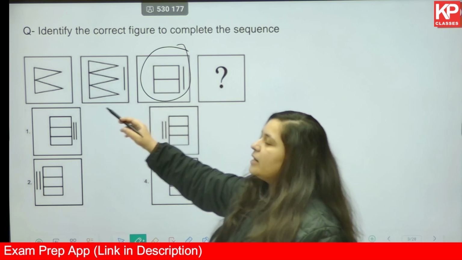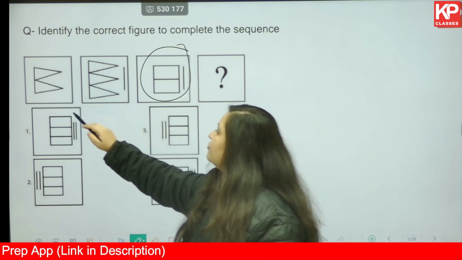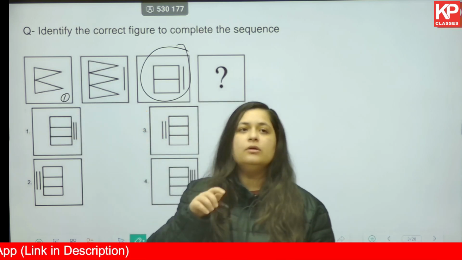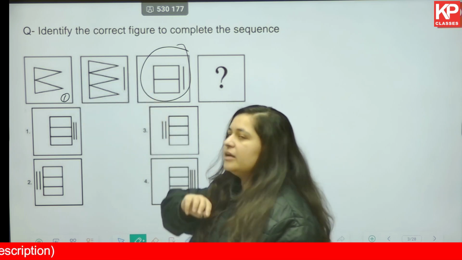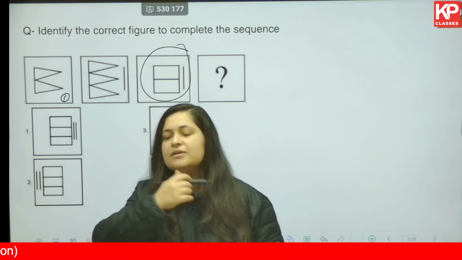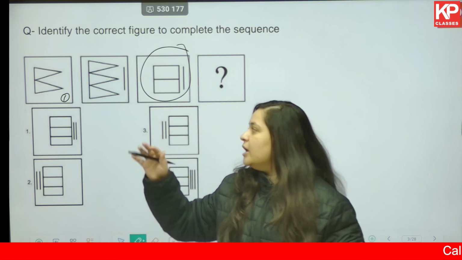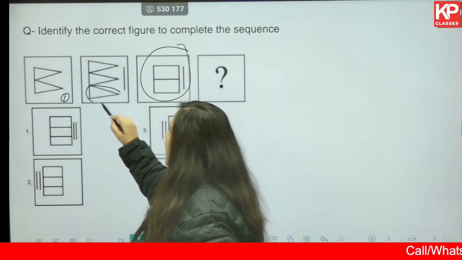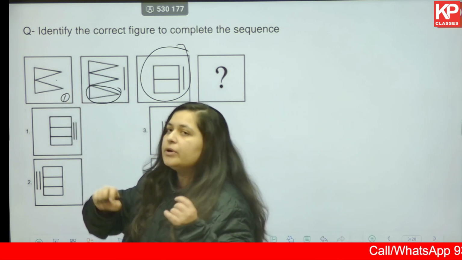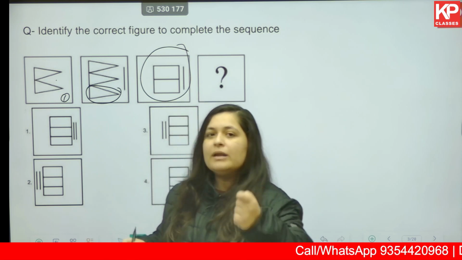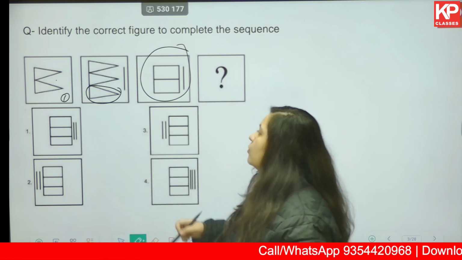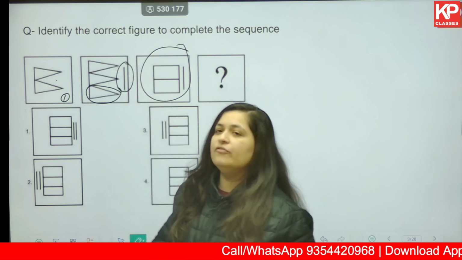Now the example that has been given to you is a first image with 2 triangles, and these 2 triangles change to 3 triangles and a line. So what is changing, or what is the pattern that we are able to observe? One triangle gets added. So you can say one component of this particular image is a triangle. So one component is getting added, along with that there is an addition of one line.